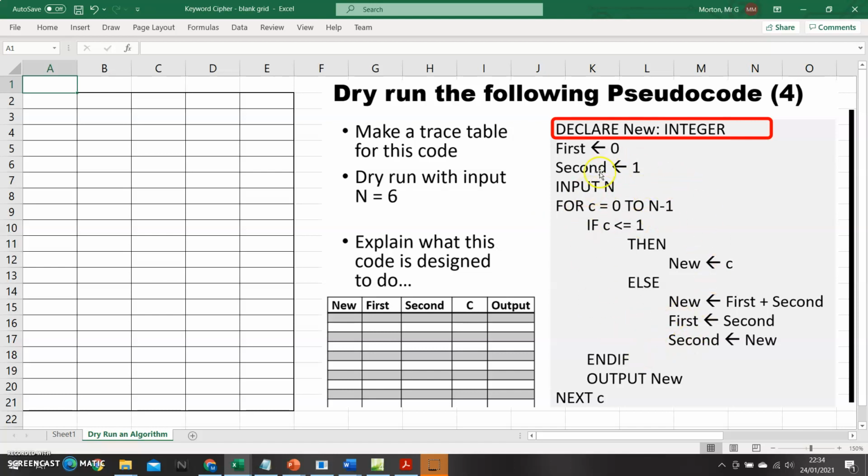We're not quite sure what it does yet, but the important thing with a trace table is that you just follow the instructions. You don't try to work out what's going on. You don't try to make any shortcuts. You just do what it says at each line. Although I've only declared one variable here, new, as an integer, we would assume that all the other variables are